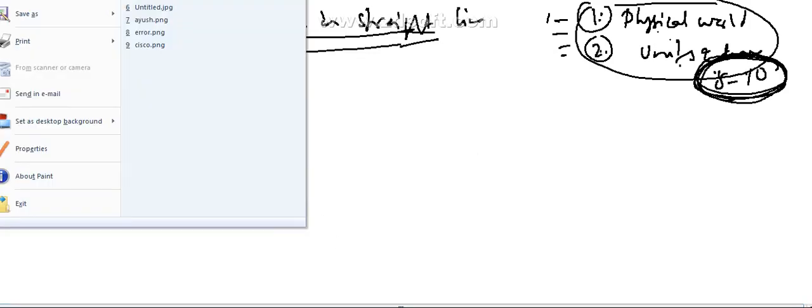Start the class. So now we have already done two problems on distance and displacement. Am I right? Yes, sir. We will do the third problem. It is a little tougher problem.